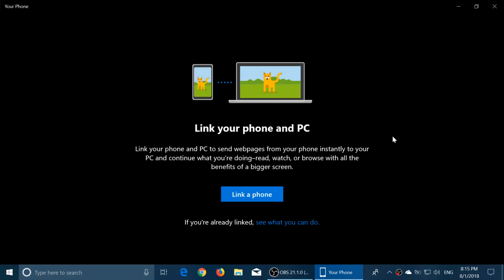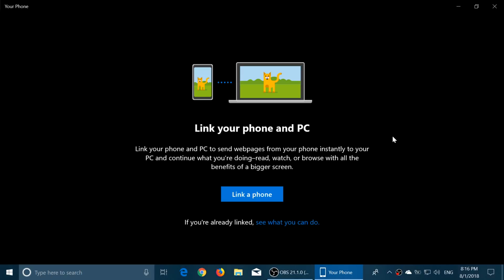It is actually an interaction that will be possible with any phone, iOS, Android. You take a picture on your phone, it can automatically sync to your computer. You'll be able to text message on your computer, and it will be sent through your phone, stuff like that. It's a very complete experience, but it's not working yet. So coming soon, you'll be able to do a lot of things with your phone, and